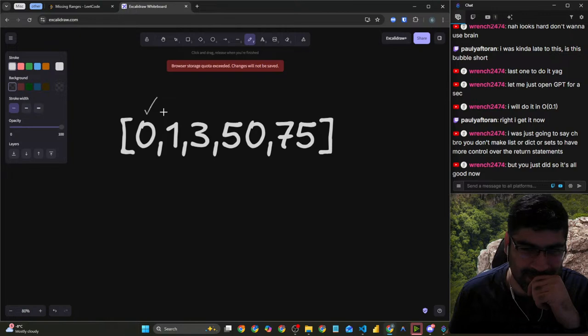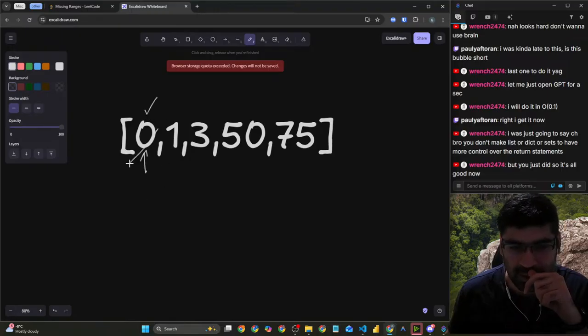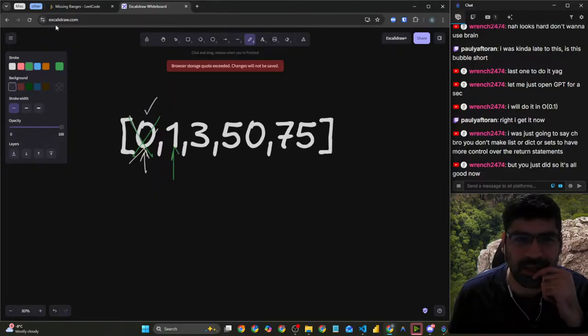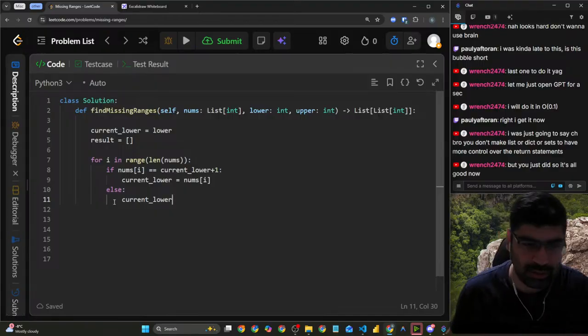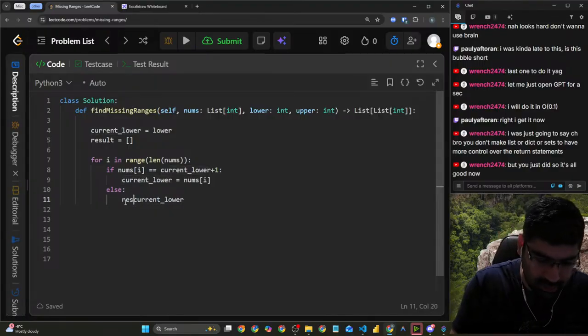Okay, nice. So current lower is this plus 1. Yes. So now this is my current lower. Check the next one. Then my current lower is here. Next one. So result